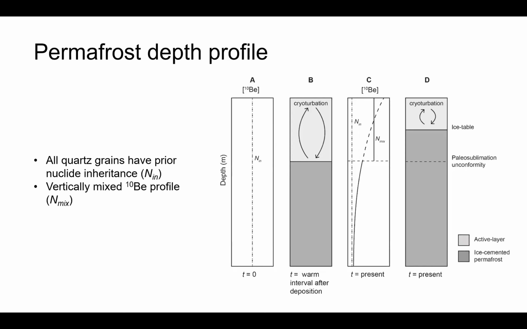So you get a mixing in that upper surface, which you can see in column B here, and that mixing then means that you get a uniform or relatively uniform nuclide concentration, whereas the dotted line, which you see below the paleo sublimation unconformity in C, continues to decay. So this is the post-depositional nuclide production, which attenuates with depth. But in that upper layer, you've got mixing, so you still have this uniform